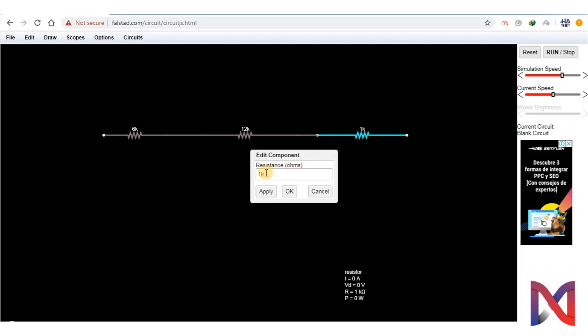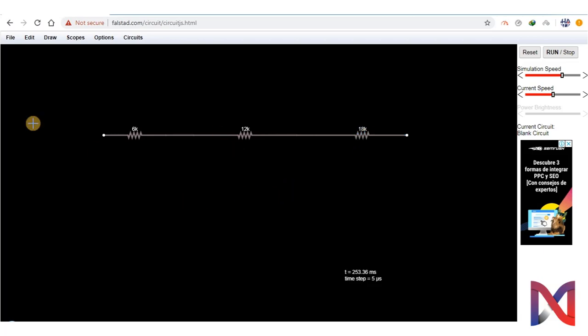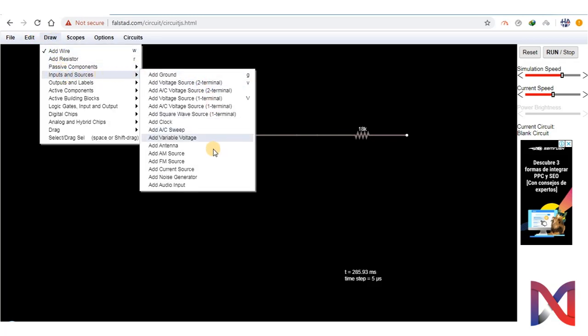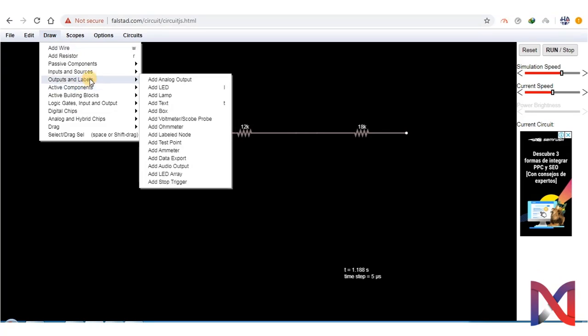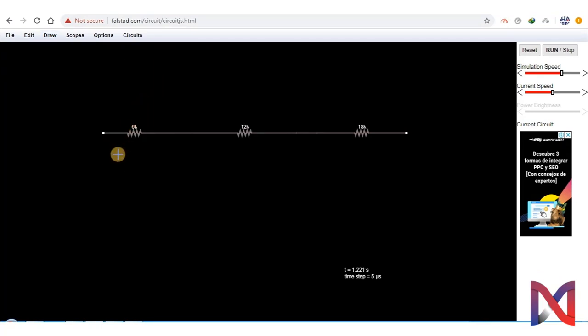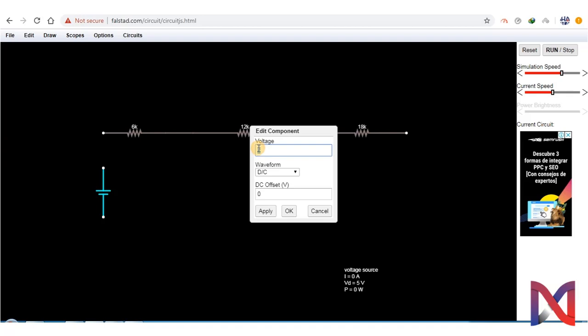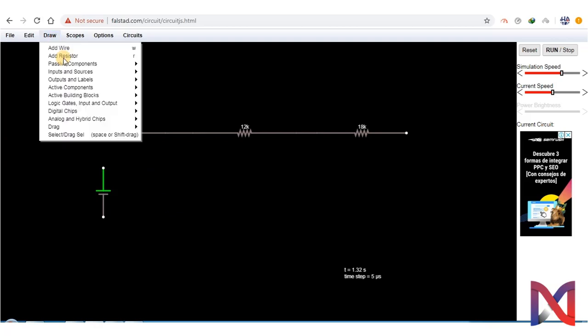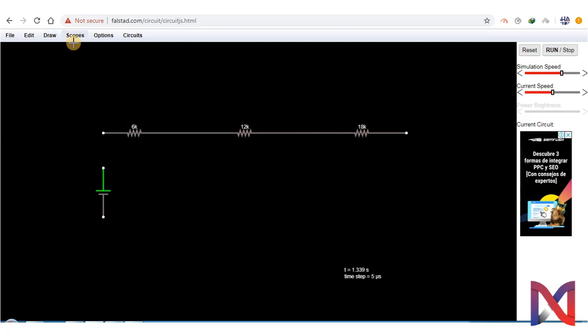Third resistor was of 18 kilo ohm. It was connected to a source of 36 volts. So we will take a voltage source of 2 terminal, change its value to 36 volts and then click OK. We will connect the circuit with wire.